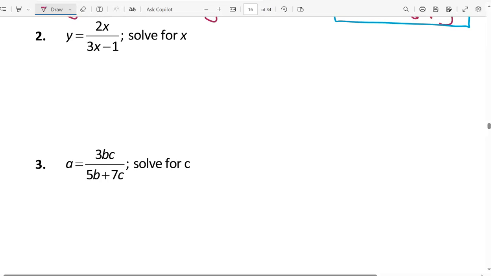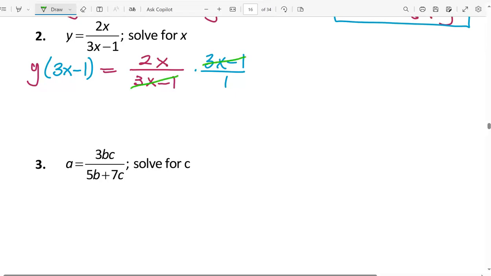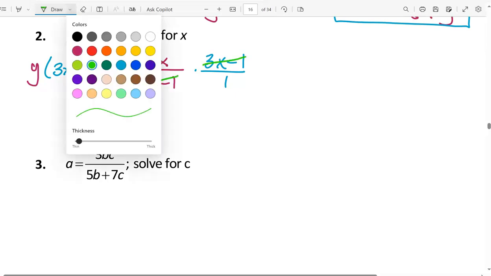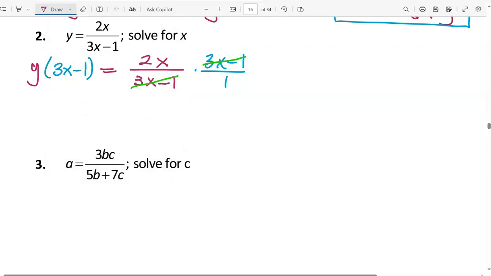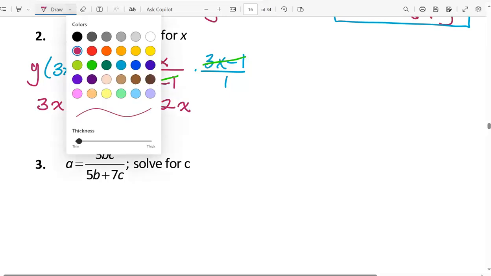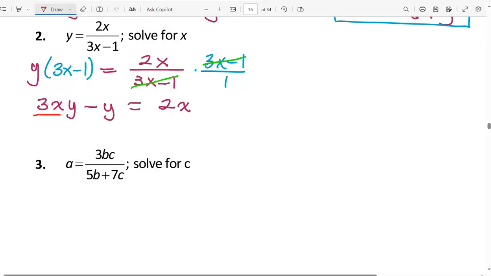by 3x minus 1. Now we can cancel common factors and do the multiplication on the left side of the equation. So y times 3x minus 1 is 3xy minus y equals, and on the right side of the equation, 3x minus 1's cancel, which leaves us with 2x. Our job now is to solve for x, and there are 2 terms that have the variable x in them. So what I'm going to do is move the 3xy to the other side of the equation by subtracting it,